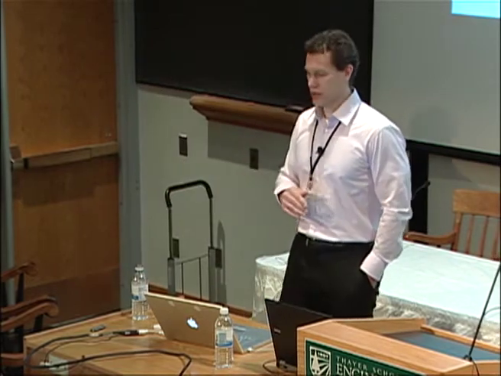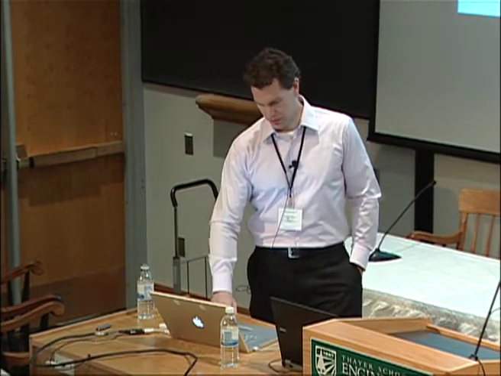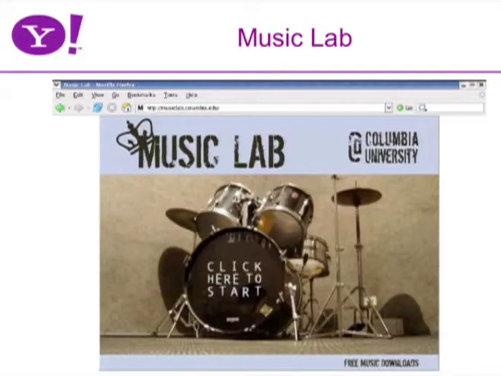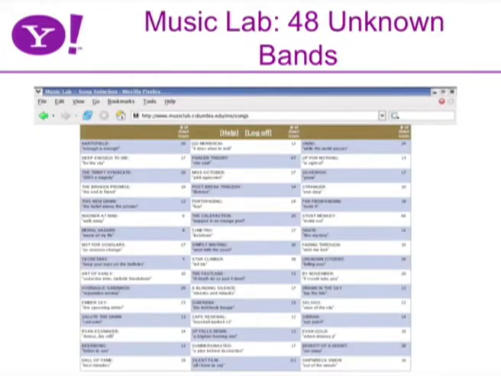If you want multiple data points, you need thousands of participants. If you want to have multiple experimental conditions, you need tens of thousands of participants, and that's too many undergraduates to put in a psych lab. So this is where the idea came of using the web, and this is an experiment that Matt built with our programmer Peter Housel called Music Lab, where people could come to this website and give us some information about themselves, and then they would come to this screen,